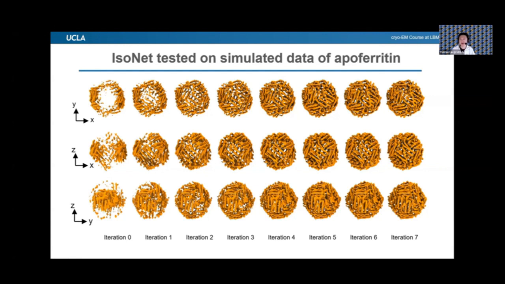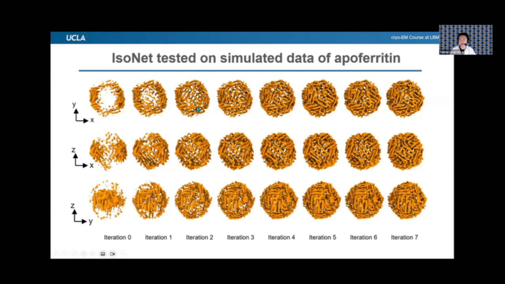So as you know, our software isoNet requires the iterative removal and recovery of the missing wedge. At iteration 0, it looks like this, with a hole on top and bottom. This is typical. If you observe a cryo-ET tomogram, it looks like it has a hole in it. Gradually through the iterations, where each iteration includes applying another simulated missing wedge and training the network from the simulated, wedge-applied subtomogram to the non-applied one,